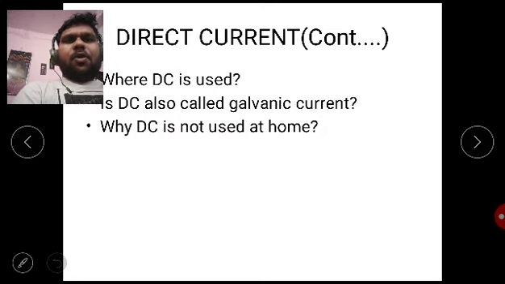Now, why is DC not used at home? When DC was invented by Thomas Edison, it had a huge limitation: the DC generator needed to be within a 0.5 mile area from where it has to be used. This problem was later addressed by none other than Nikola Tesla, which allowed AC to travel over long distances without so much transmission loss. So DC cannot be used at home. It cannot travel over long distances, and transmission losses are very high.